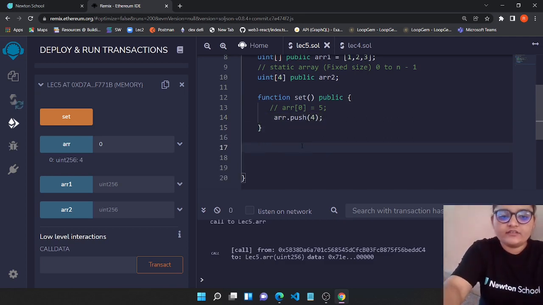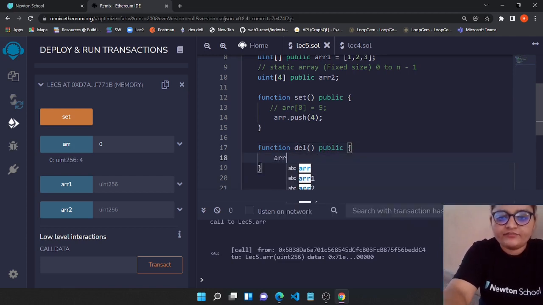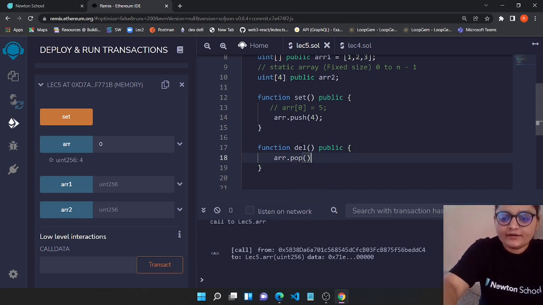Now to delete a value, we can have another function, and let's say a del function to delete. Let's make this public, and here we will be using pop. So this will basically remove the last element of our array.